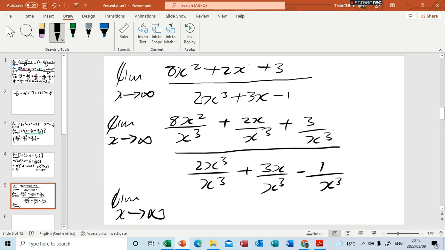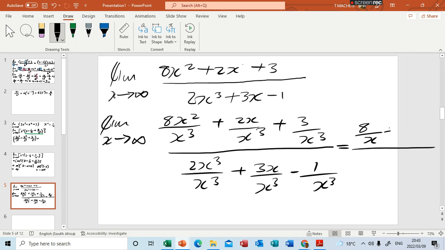Okay. Then you're gonna get 8 over x. Let me move to the next slide. I have to go to the next slide. I don't think there will be enough space. Okay, let me write it here. It is 8 over x and then plus 2 over